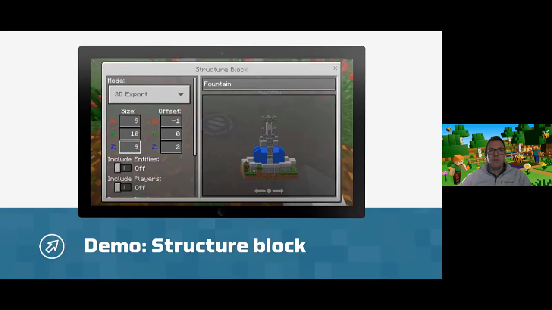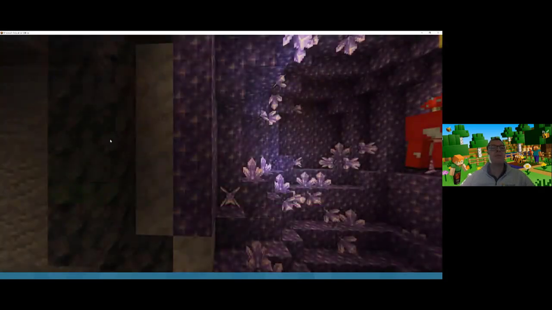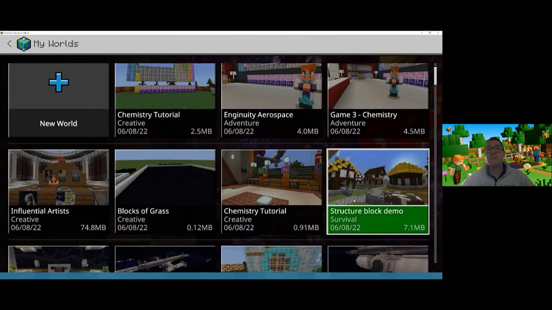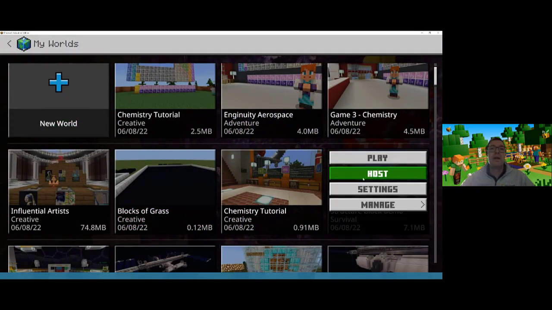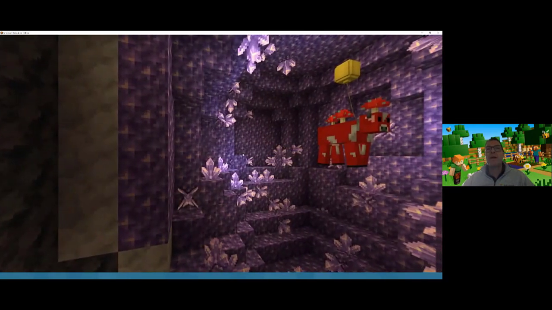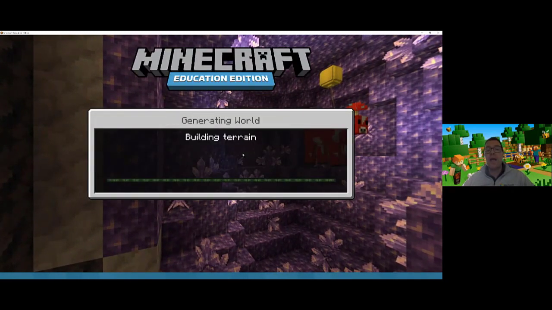So I'm going to launch Minecraft, and I'm going to go to my worlds because I've already created a world. This is a world that's created by my digital leaders. If you're not aware of the Digital Leaders program, Digital Leaders is a program where students who are adept at using technology help support the use of technology within schools. So they'll run after-school sessions for students and staff, and